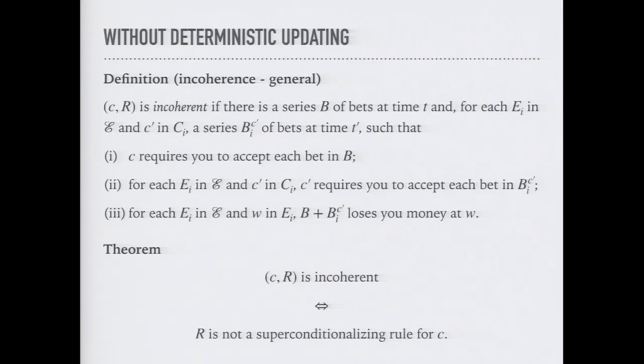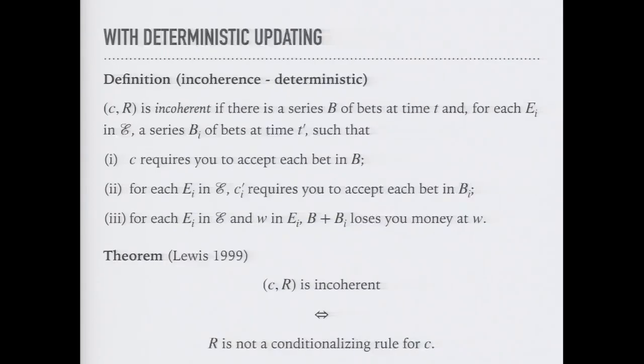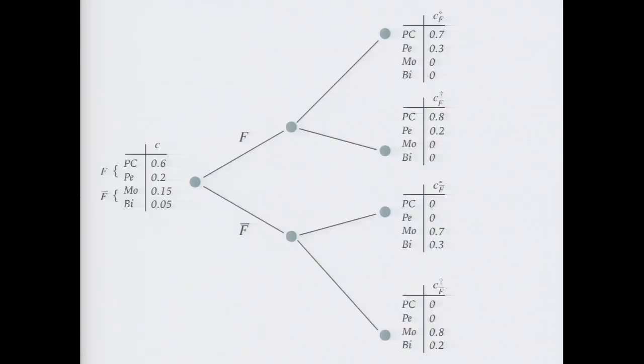Then this is basically just rerunning the argument, but now not assuming deterministic updating. You're just going to get that a prior and an updating rule is incoherent just in case it's not a super conditionalizing rule for C. So essentially, the thought is that in order to avoid diachronic Dutch books, you don't need to have a conditionalizing rule. You just need to have a super conditionalizing rule. If you're deterministic, then that's just the same thing. But you could get out of having a diachronic Dutch book just by not having a deterministic rule. So to see how dramatic that is, look back at this original example